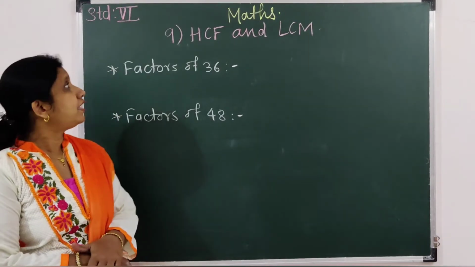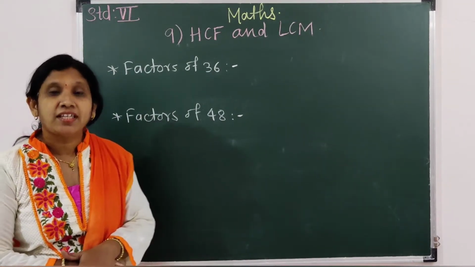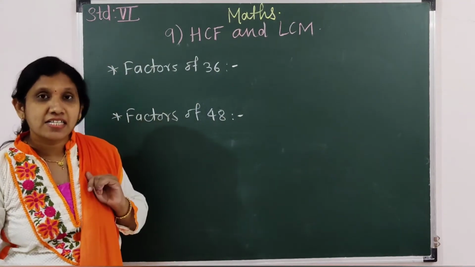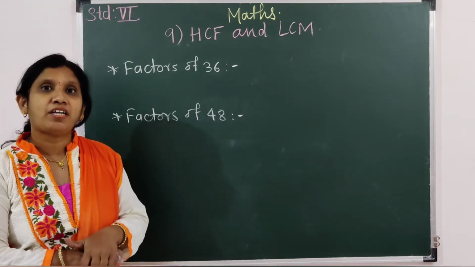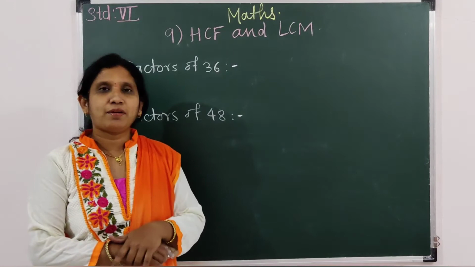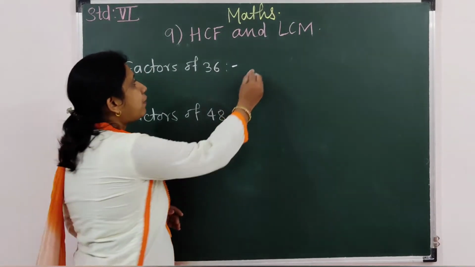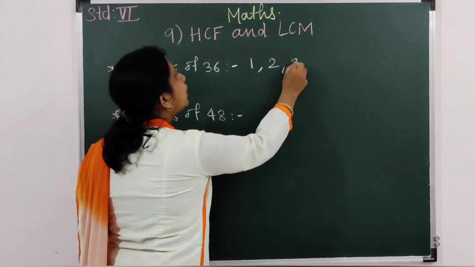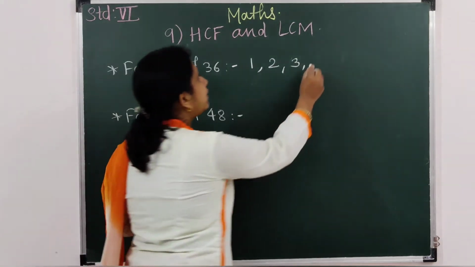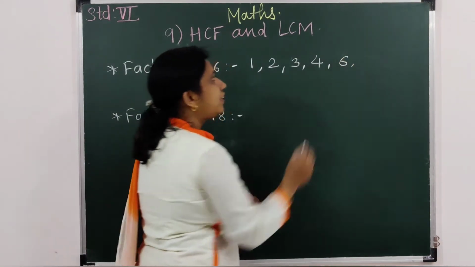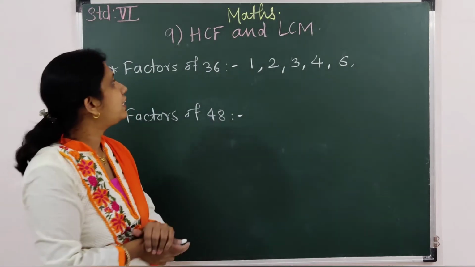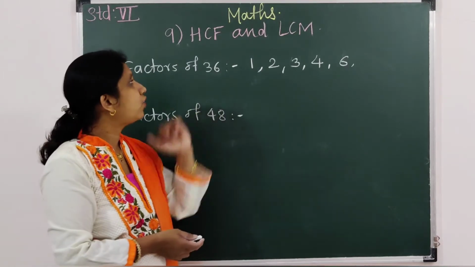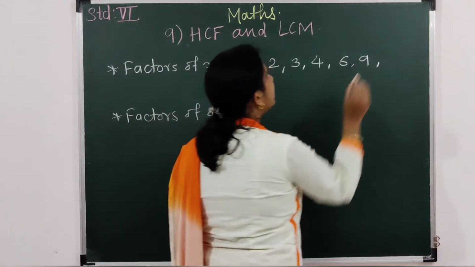Students, now let's study how to write the factors of 36. Factors means what now? In which all tables number 36 is there. Now 1 we have to write because 1 is applicable for all. 1. Then as the unit place digit is 6, it is divisible by 2, divisible by 3. 4 9s are 36, then 6 6s are 36. Yes, in the table of 7 it is not there. 8 ones are 8, 8 fours are 32. No, it's not there. Yes, 9 fours are 36.